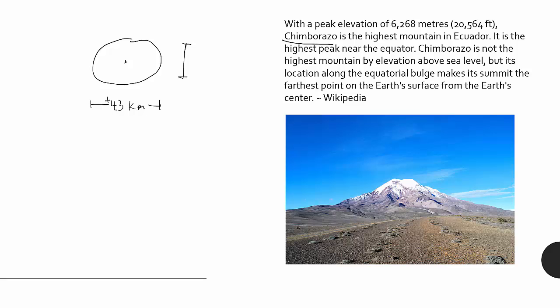I actually read, though I couldn't find an authoritative source, that even some of the beaches in Peru are farther away from the center of the Earth than Mount Everest, because Mount Everest, we saw, is about 5 miles high. This mountain, by the way, is like 10,000 feet less elevation than Mount Everest, but a 43 kilometer bulge is pretty significant, and so that lifts things out.